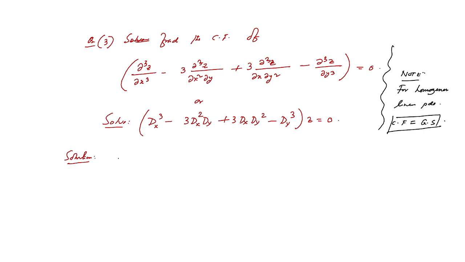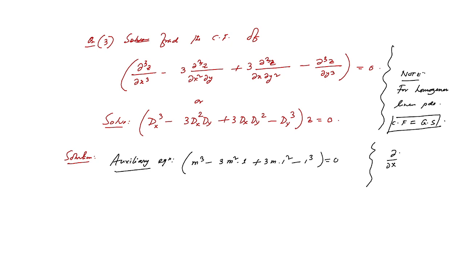So here the auxiliary equation will be m cube minus 3m square times 1 plus 3m times 1 square minus 1 cube equals 0. Because here we replaced del x, that is del z del x, by m, and del z del y